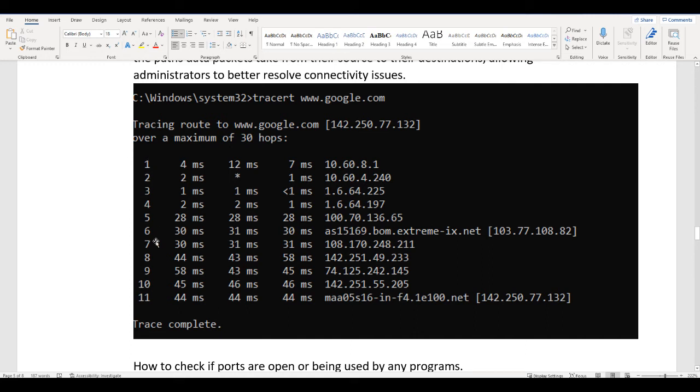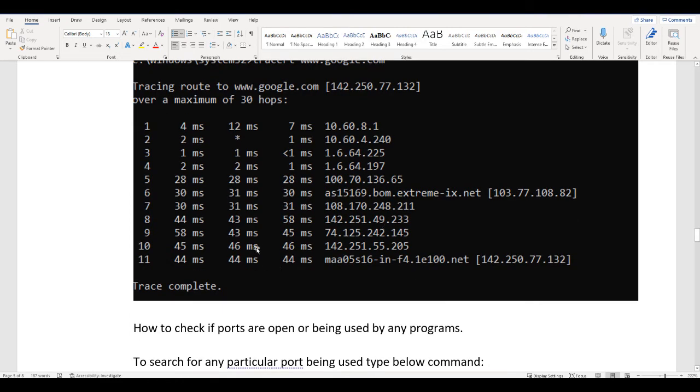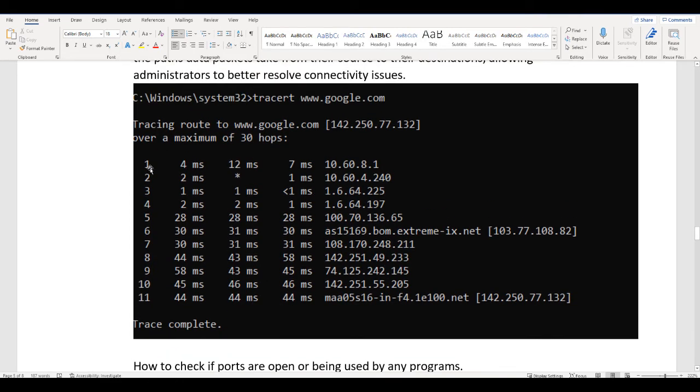There are a total of 11 hops, 11 routers present, and these are the IP addresses of those routers. To reach the first router, it took 7 milliseconds, 1 millisecond. Here it took 58 milliseconds.